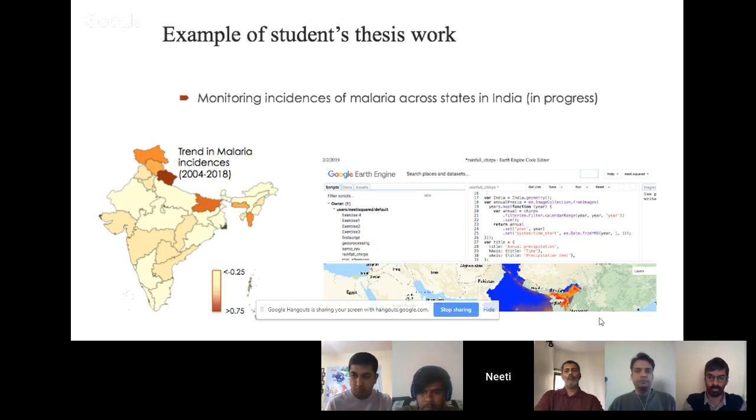So the next step here, after extracting all the biophysical variables, is doing some kind of regression, so that she can link whatever the changes in biophysical variables are to the change in malaria incidence, if there is any relationship. So these are some of the examples of how we see, as an educator, how Google Earth Engine can